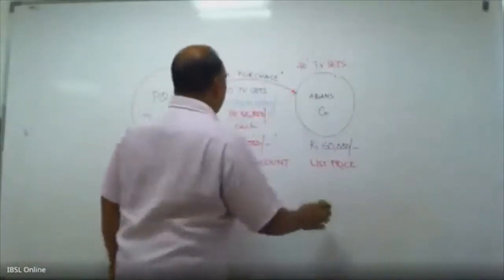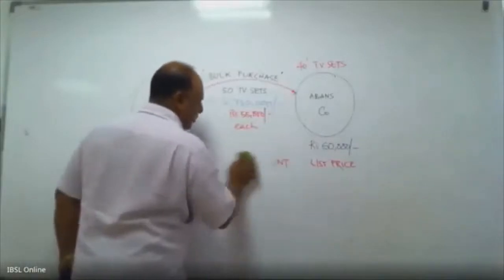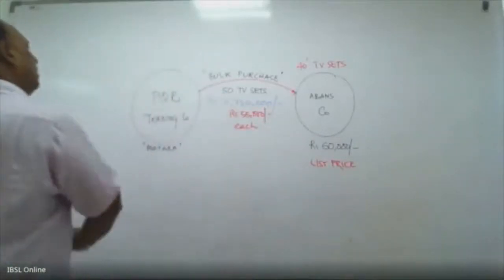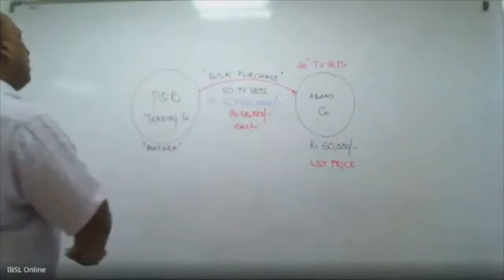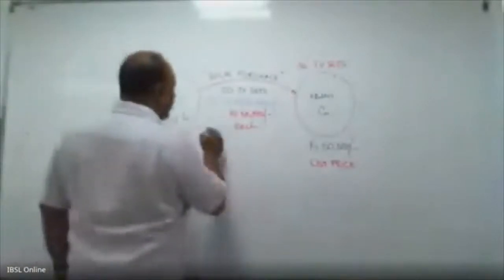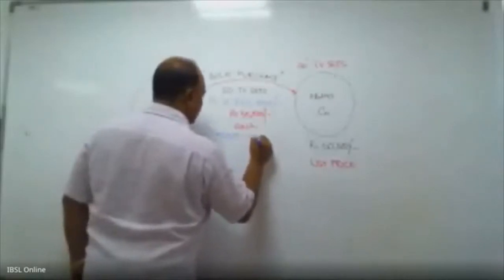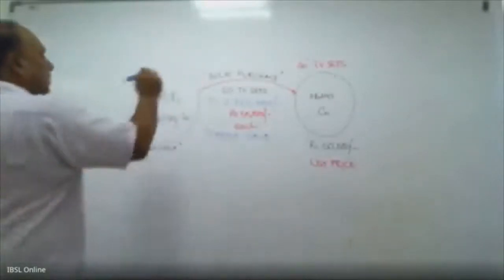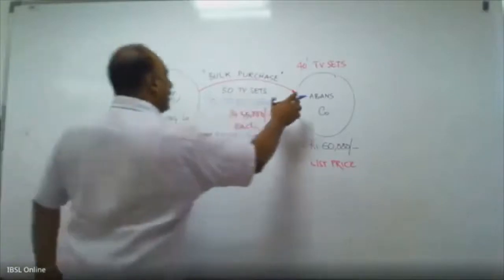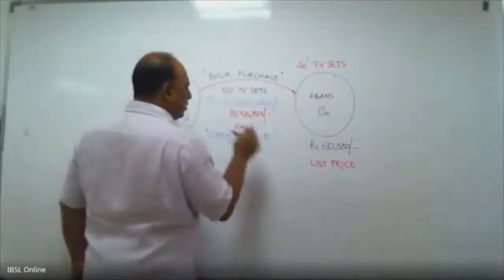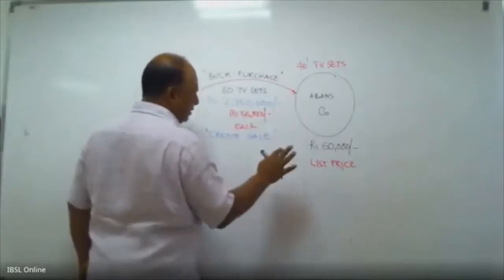Right. So now I am going to take off all these, which are not relevant. So the sale has happened at 2750. Right. Now let's assume this is a credit sale. So you know by this time what a credit sale is, right? Because if it is a cash sale, PQR Trading Company will pay 2750 immediately to Abans Company and they will go. So Abans Company will record a cash sale, debit cash 2750, credit sales.